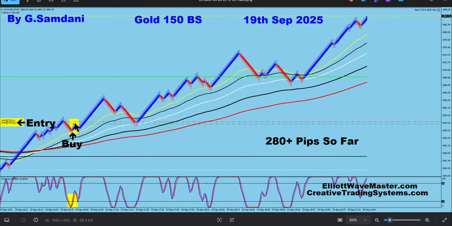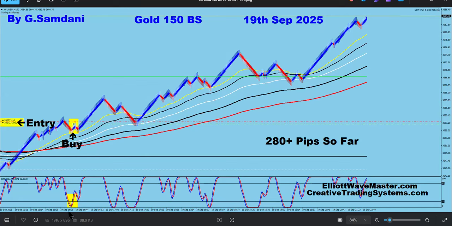So this entry, the EA took it. The small arrow tells you that the EA took the entry. And this EA is different than the other CTS7. Similar, but the settings are different. So that's why I have it named like Sam Oil and Gold. Here I have it set for gold only. I'm not trading oil anymore. So the hell with it. Maybe now, because of whatever is happening in the geopolitical world, oil is going to get expensive and they start flying again, right? So let's see.